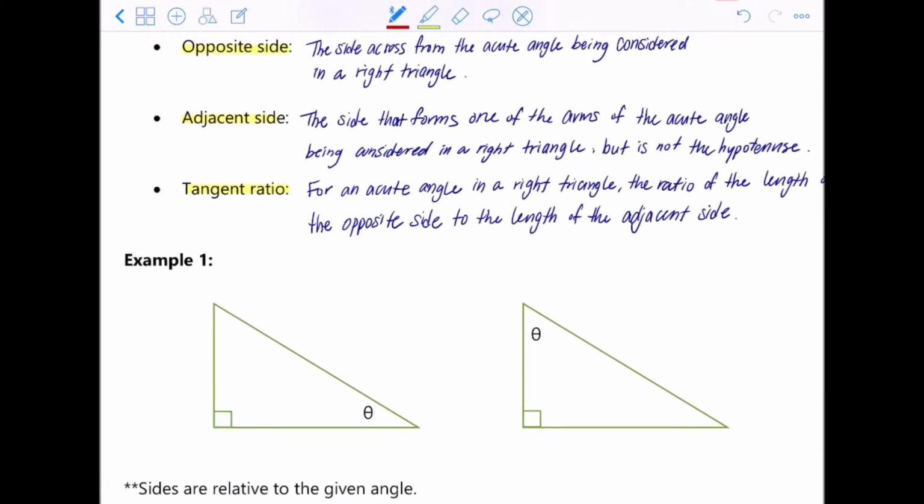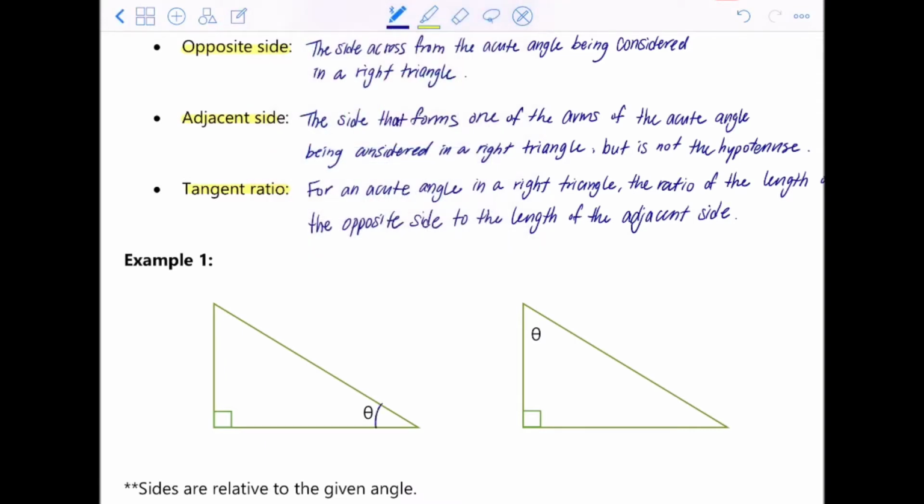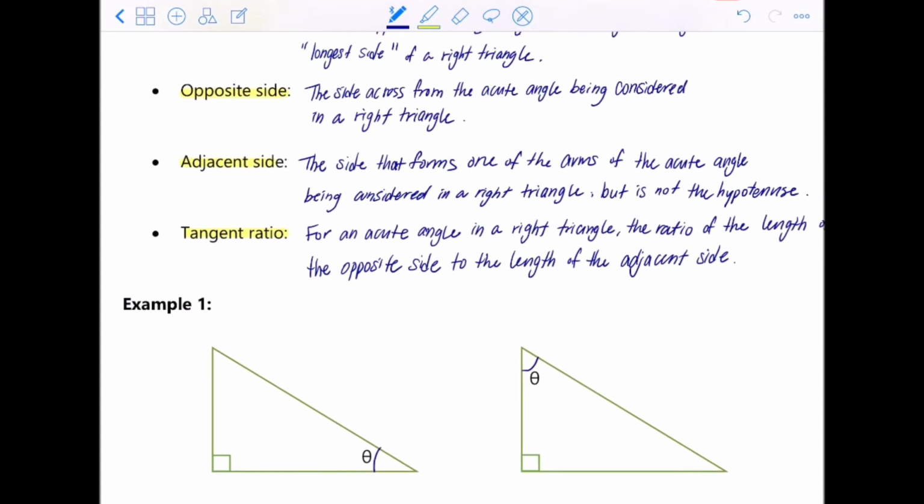We are given our angle, theta, right here, and angle theta right here. So depending on the position of the angle, the names of the sides change. Previously we talked about what the opposite side would be. I'll label it in pink. Opposite side is the side that's opposite to the angle we're looking at. This side over here is called the opposite side,